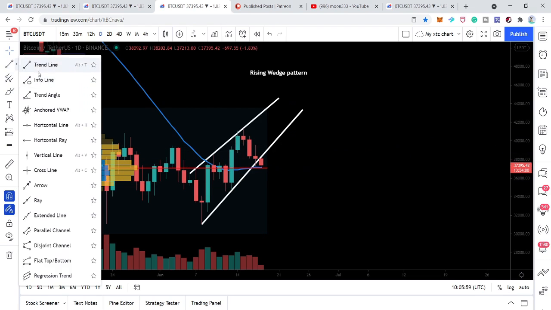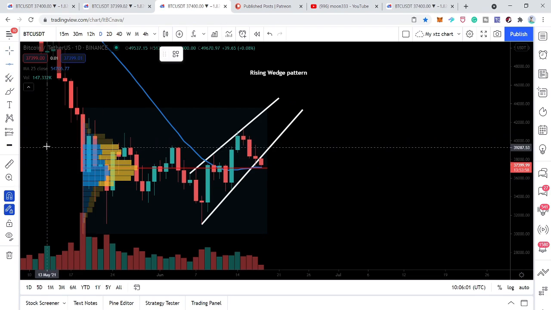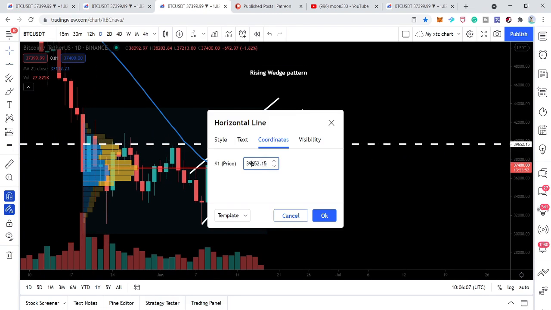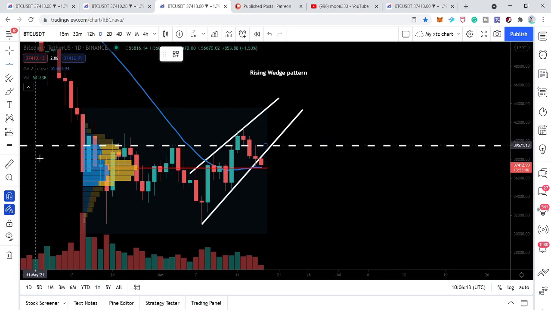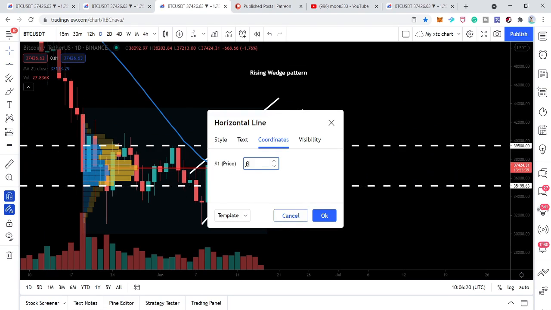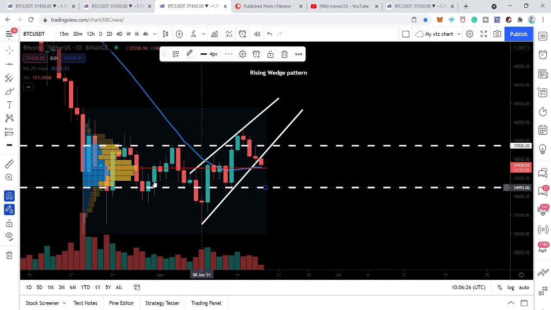Like if I place this trend line here, then this is the level approximately at $39,000, approximately the same level, $39,500 that I told you is our next price level resistance as well. And to the downside, we have the traders' interest approximately at $35,000. This is the support you can call,